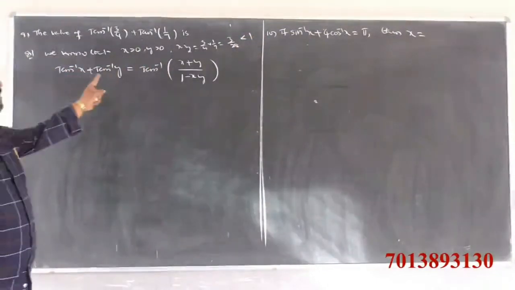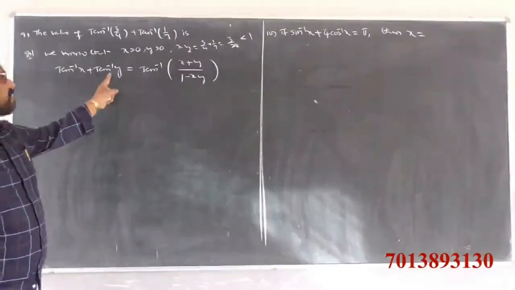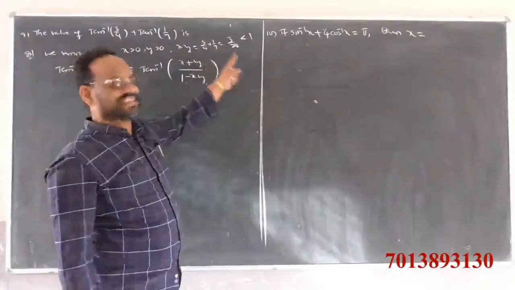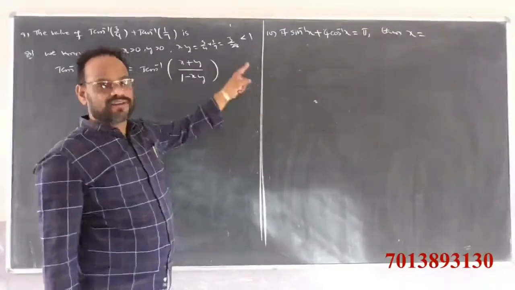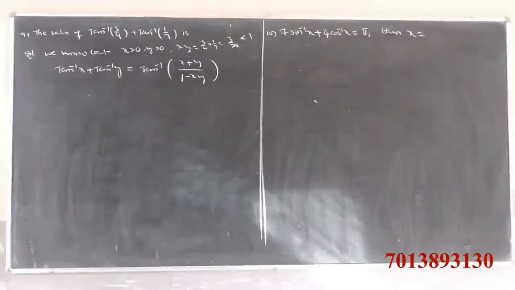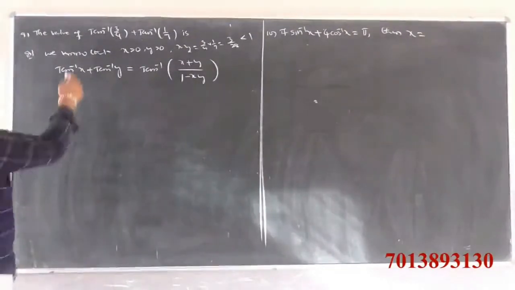What is tan inverse x plus tan inverse y, if x is greater than 0, y is greater than 0, and xy is less than 1? If xy is less than 1, then tan inverse of x plus tan inverse of y equals tan inverse of (x plus y) by (1 minus xy). So tan inverse of